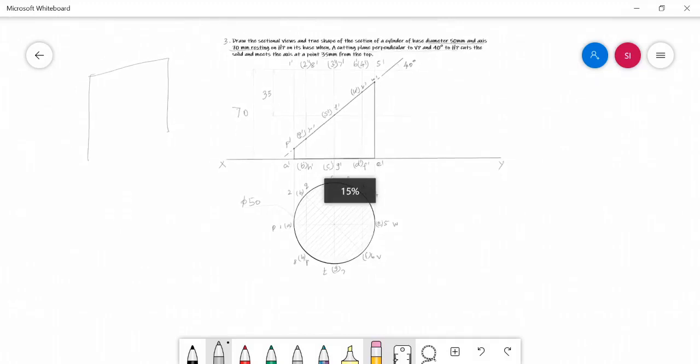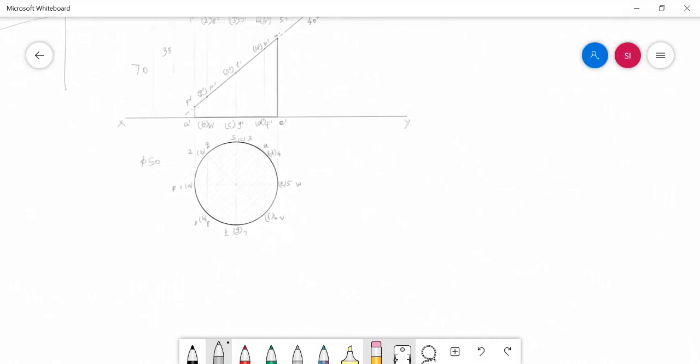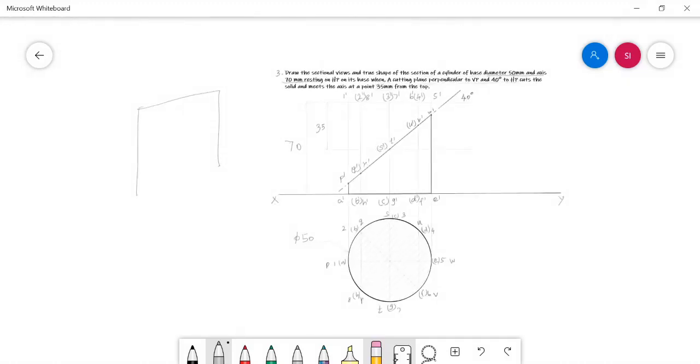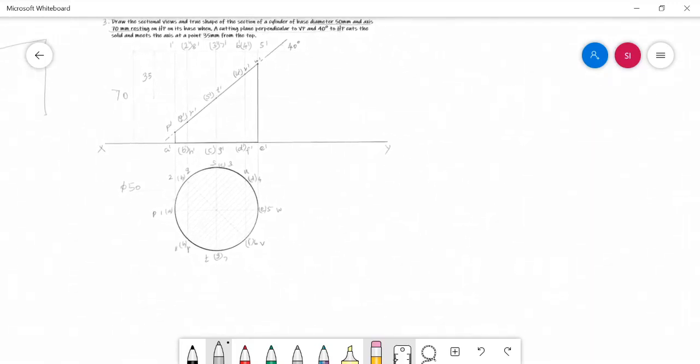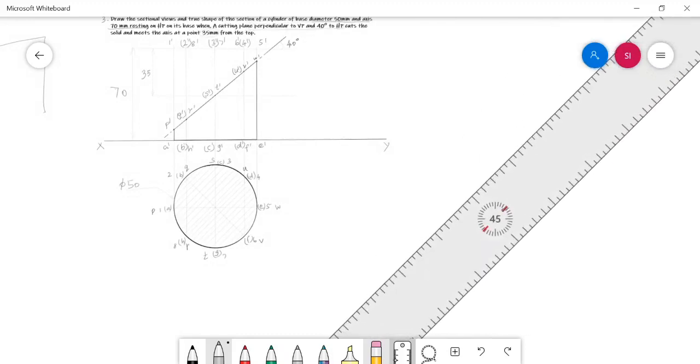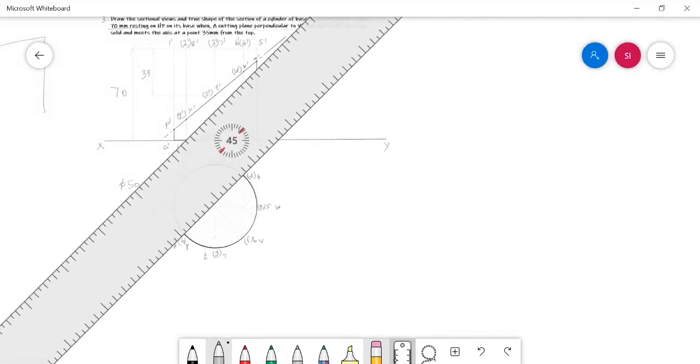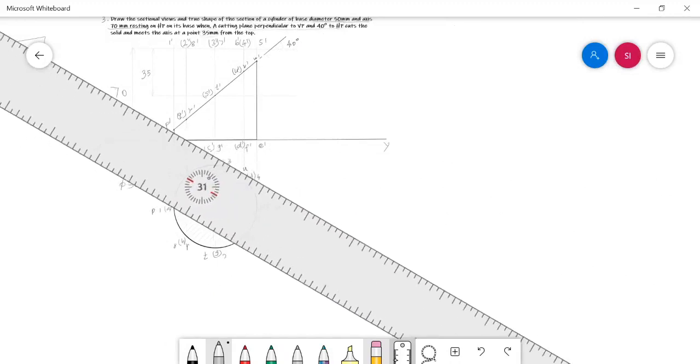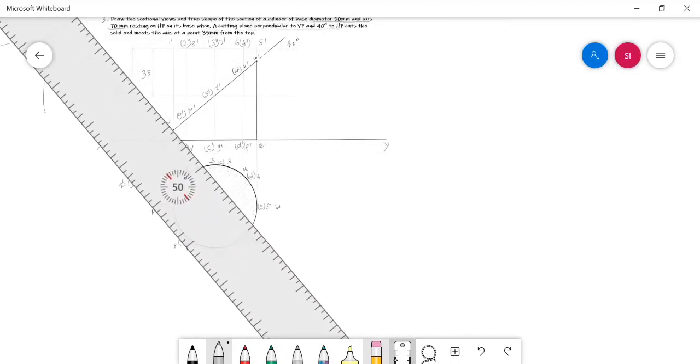For that, first I need to project each and every cut point in the front view towards the top view area, and the projector should be perpendicular to the cutting plane. So first make your drafter perpendicular to your cutting plane, and then project each and every cut point.